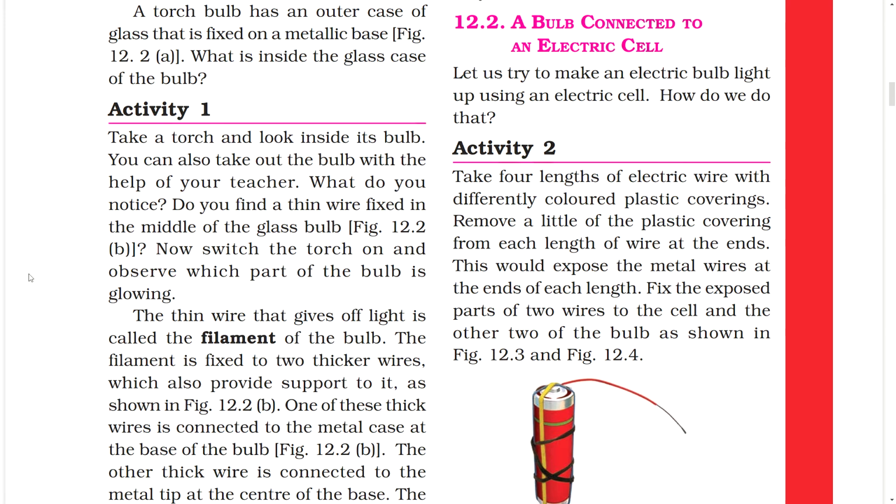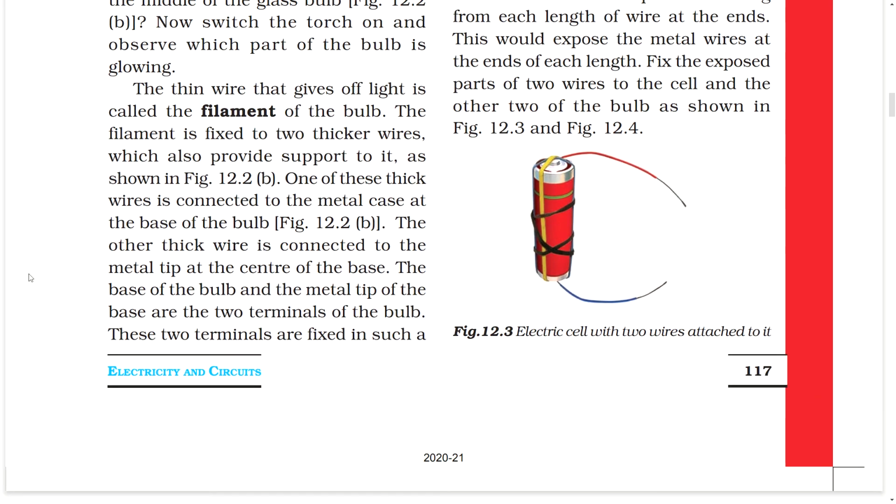The filament is fixed to two thicker wires which also provide support to it as shown in the figure. One of these thick wires is connected to the metal case at the base of the bulb. The other thick wire is connected to the metal tip at the center of the base. The base of the bulb and the metal tip of the base are the two terminals of the bulb. These two terminals are fixed in such a